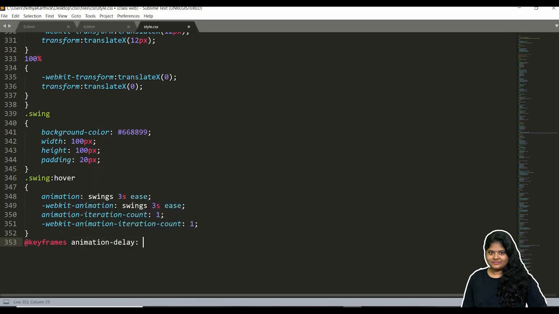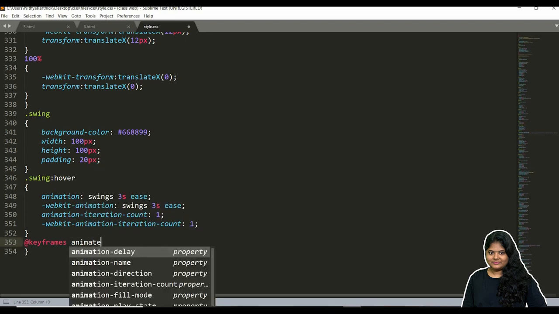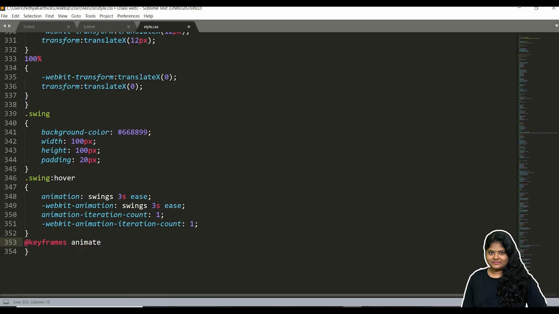Okay, so this is our own keyframe name. Okay, it's not keyword, it's keyframe name. Keyframe is used to control the animation steps. So one step to another step, so those steps and all are controlled in keyframe.